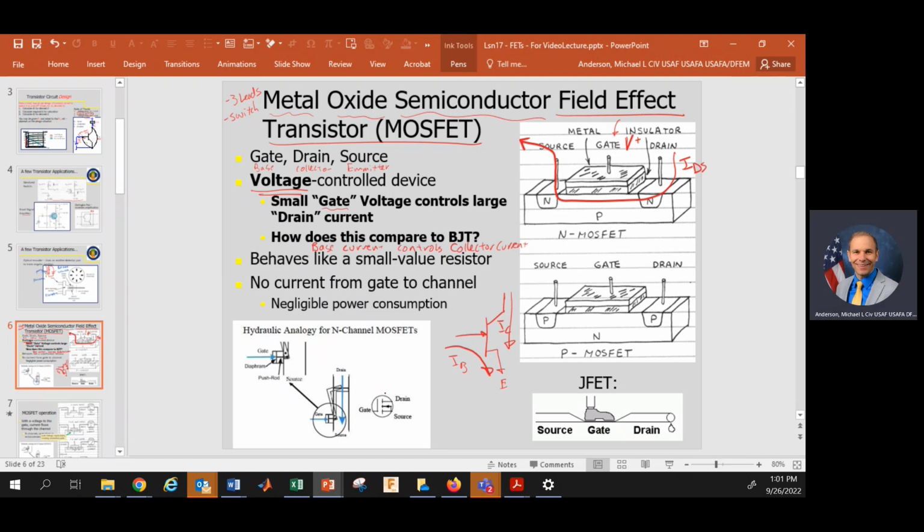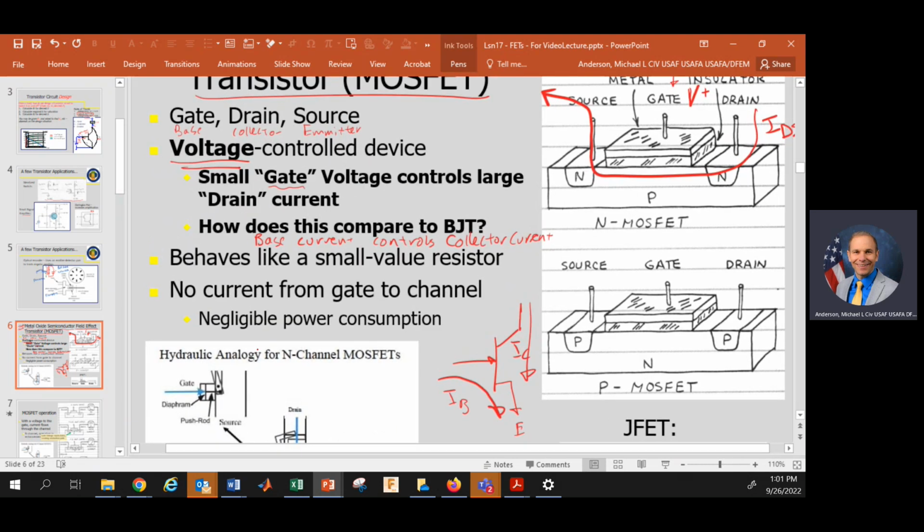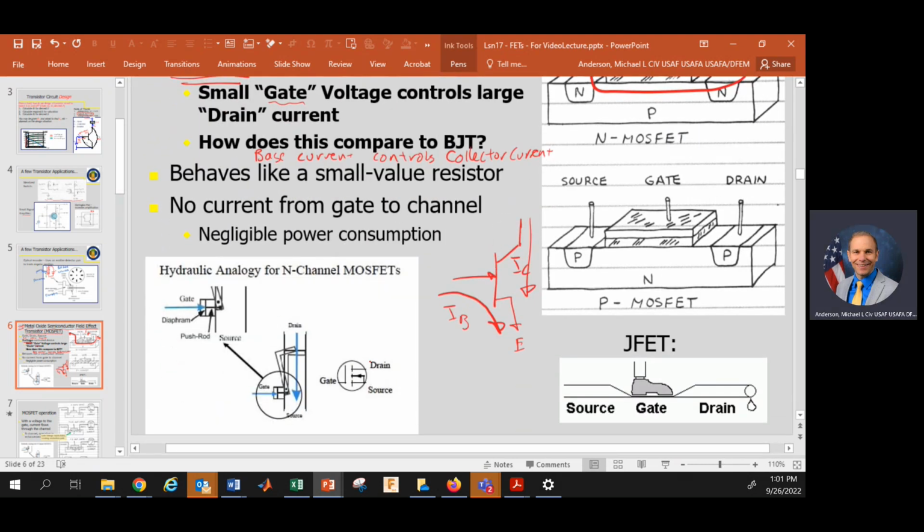Here's our, let's look at a hydraulic analogy here. I'll make this a little bit bigger. So imagine you had a pipe like this, and you had this contraption that had a little lever. If you pushed on this lever, it would pull this L-shaped valve out of the way and would allow current to flow. If you don't apply any pressure there, this thing slams closed and it shuts off flow of